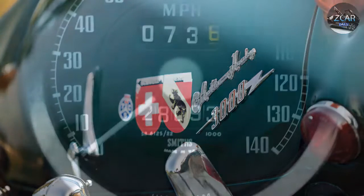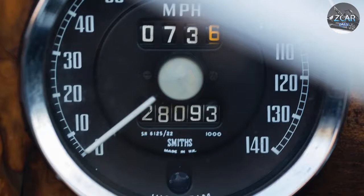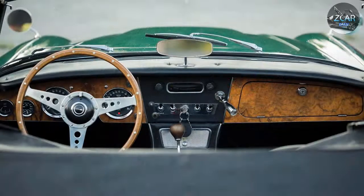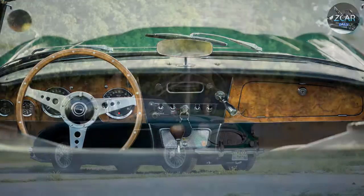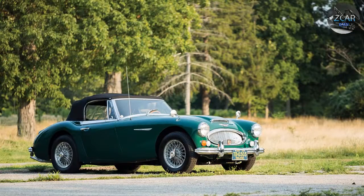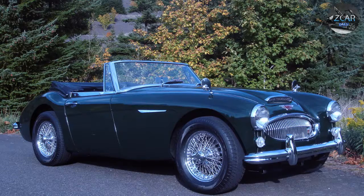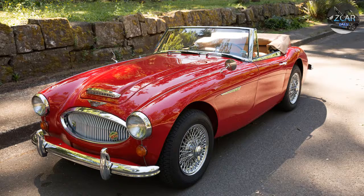Other improvements of the 3000 Mark III included a revised exhaust system, a vacuum brake booster as standard, and, after the initial 1,390 examples, a revised rear suspension to increase ride height for improved ground clearance. The model name 3000 Mark III and the series designation BJ8 are synonymous, and it is only this model of the entire range of Austin Healeys that featured a luxurious cockpit combining a dashboard of burled walnut and a center console, as well as the curved windscreen with wing windows and the